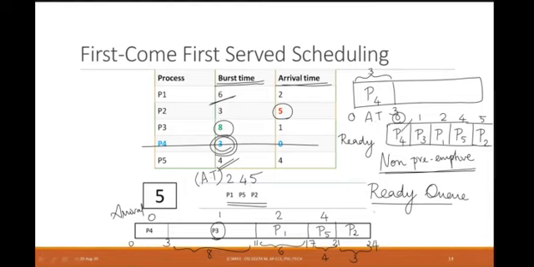What is the next process? Once this has completed its execution in the CPU, it will no longer be in your ready queue. So once it is dispatched onto the CPU itself, it will go off from the ready queue. Now what is the next process present in your ready queue? That is process P3. P3 will come here. P3, what is the time? P3 it is 8. So 8 time units my P3 has to spend. So 3 plus 8 is 11. So now P3 is over.